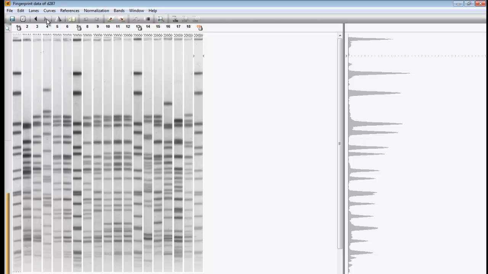This final step of the processing deals with the definition of bands on the gel. Again, there is an automatic search tool available to facilitate this task. A number of settings allows you to fine-tune the band detection based on the nature of the fingerprint type. For the current gel, the default settings will work fine.